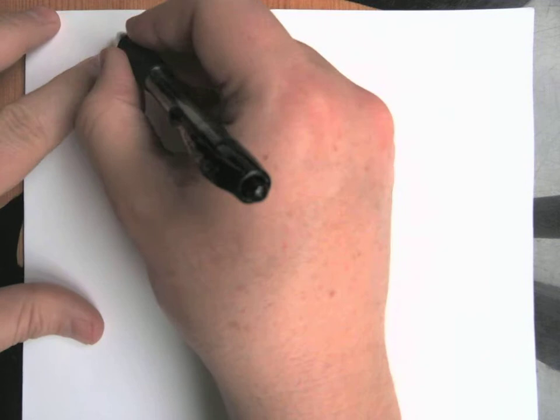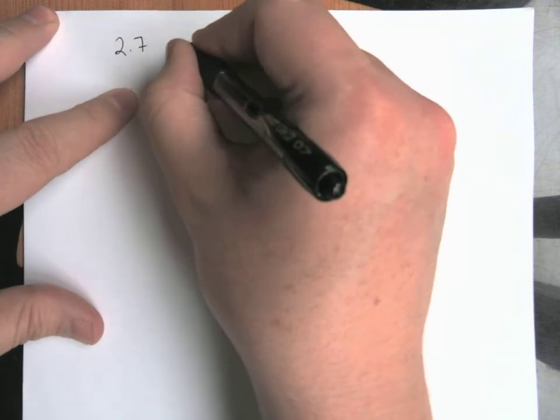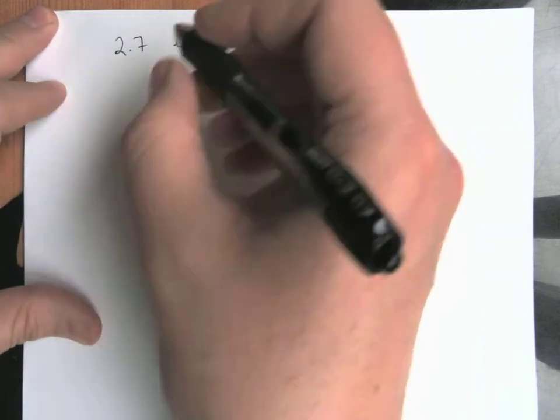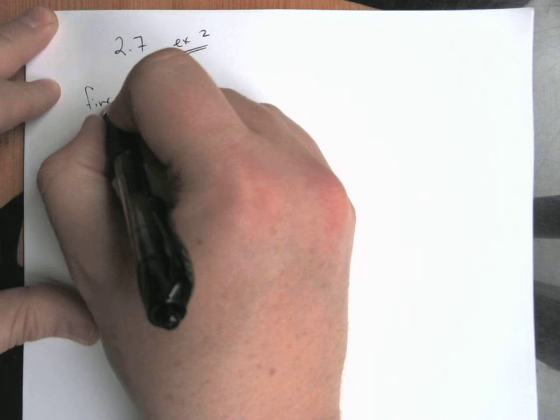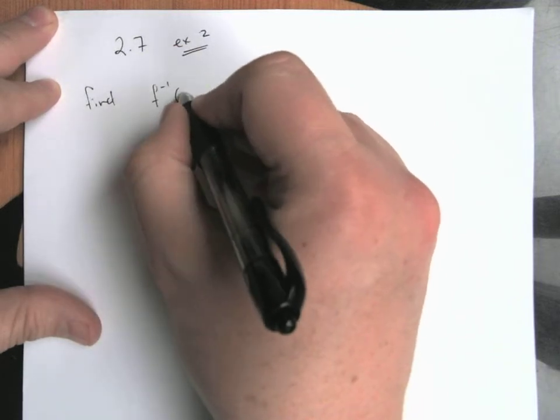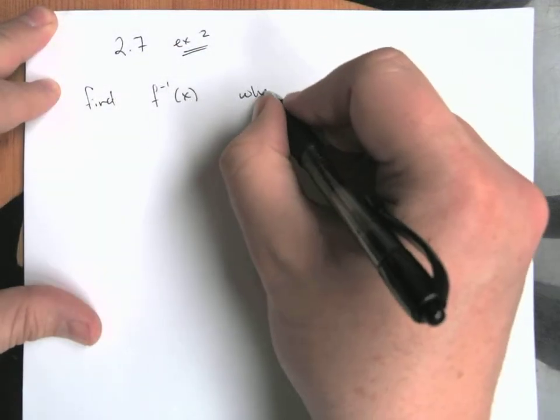All right, let's do a second inverse example. These aren't super long, so let's do 2.7 example number 2. So let's find f inverse of x when,